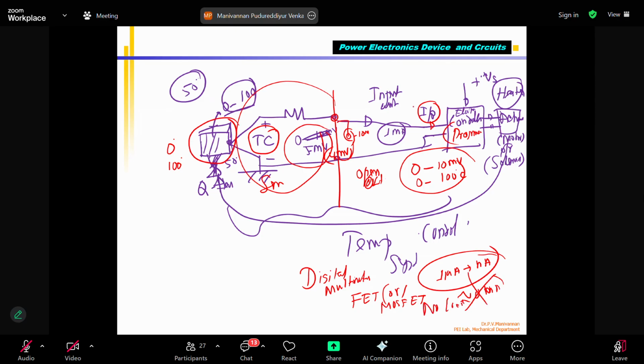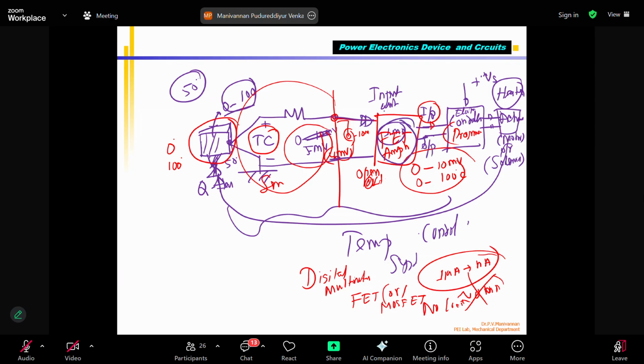So now, to avoid this, we know that if I put a FET as an amplifier, correct? So here I put a FET amplifier. Then the input is given to the FET amplifier. After that, the output of the FET amplifier is given to my controller. This is the sensor, and from here the output is taken, amplified and given on. So my FET amplifier,